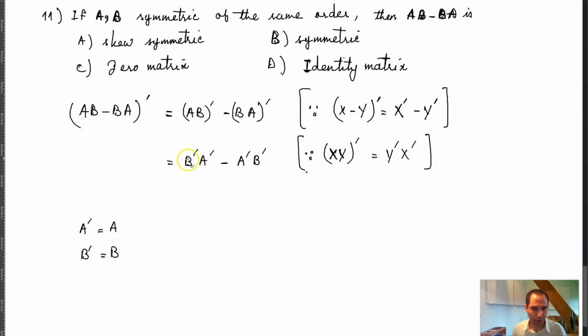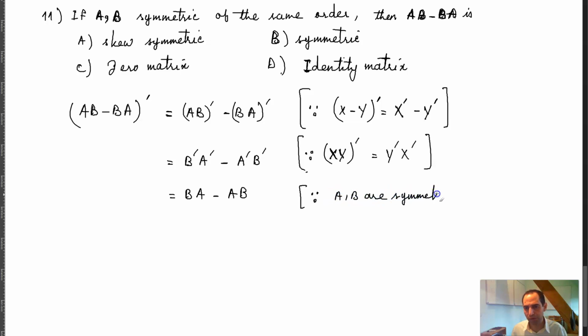So here, instead of B prime, I can write B, and instead of A prime, I can write A, which means that here I can write BA minus AB, right? And because A and B are symmetric. Now this is BA minus AB, and if I take the negative of this, negative of AB minus BA,